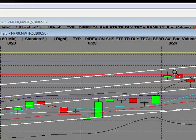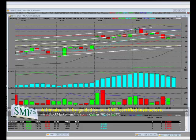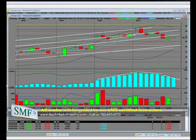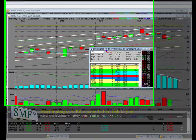with the gaps. That's the nice thing about understanding these 60-minute trends, as you've been taught using our platform. The ascending 60-minute MACD bars is what provides the power of this ascending consolidation. You can see here where we start to reverse, though, that's when we sell, and you can actually sell short. There's another fund that you can buy intraday,